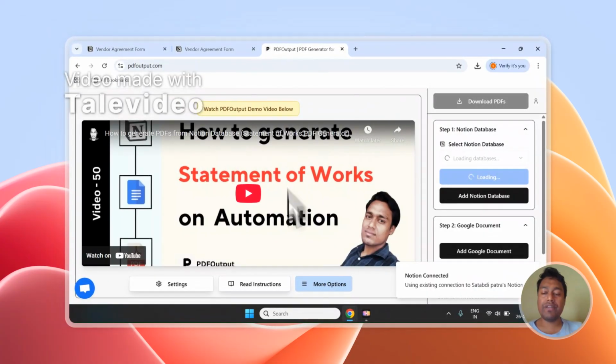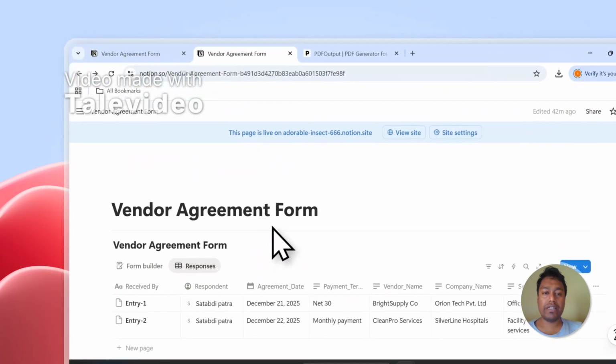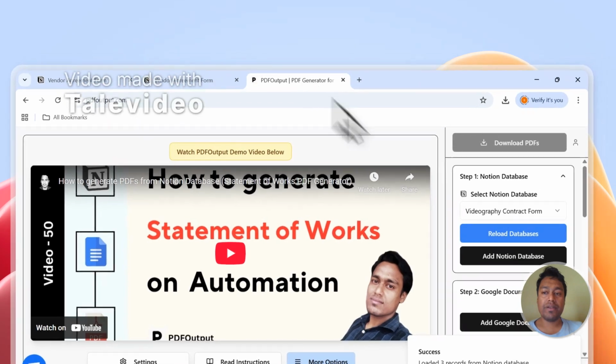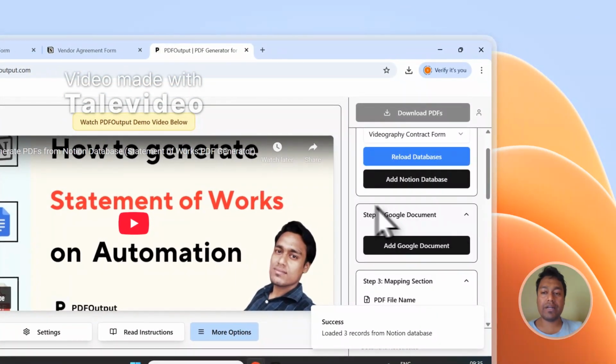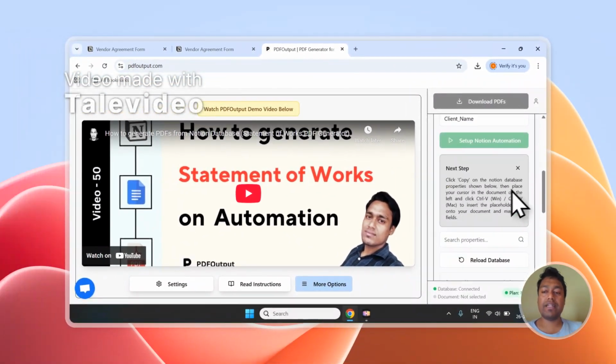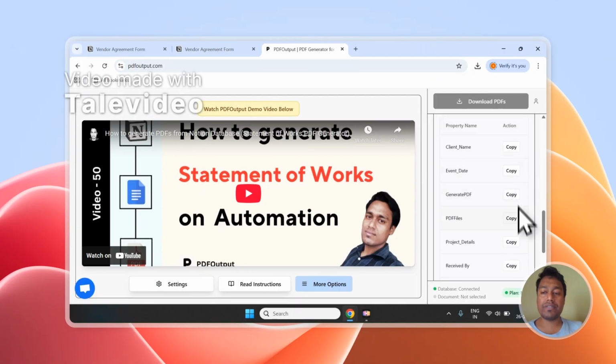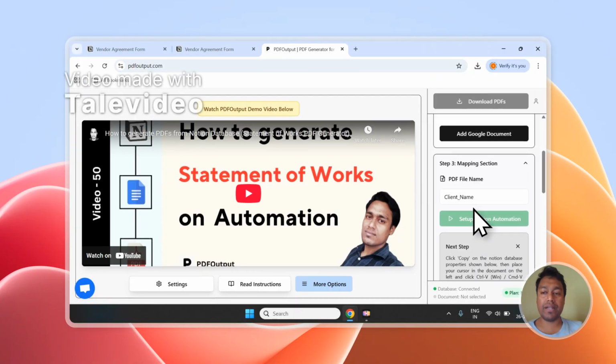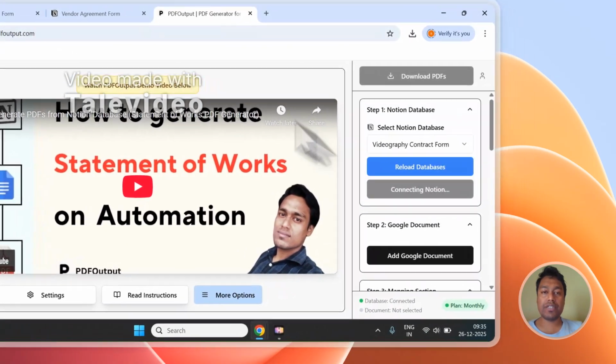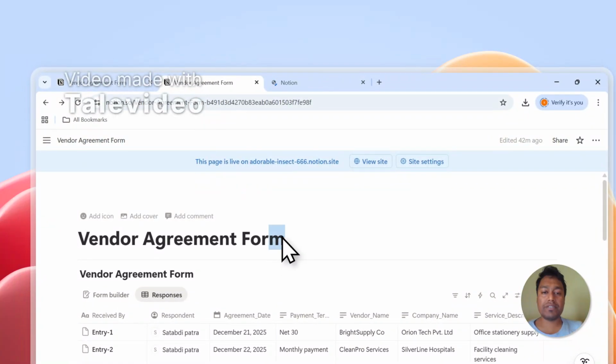So the moment I log in, the very first thing which I need to do is I need to connect the Notion database which I have on my account. So I need to connect this particular database. Once that is connected, I need to add a document corresponding to the database. And finally, I want to map all the fields of the database one by one onto the document to generate a PDF file. So let me click on add Notion database, and I will simply copy the database title